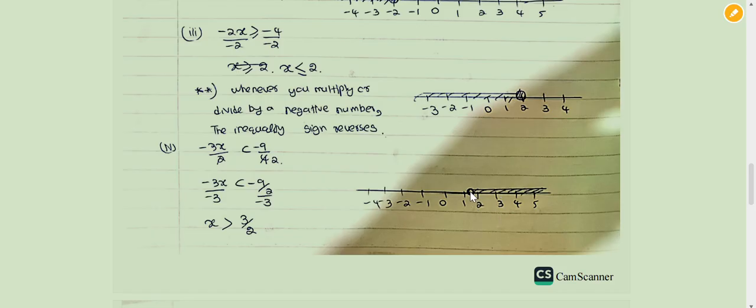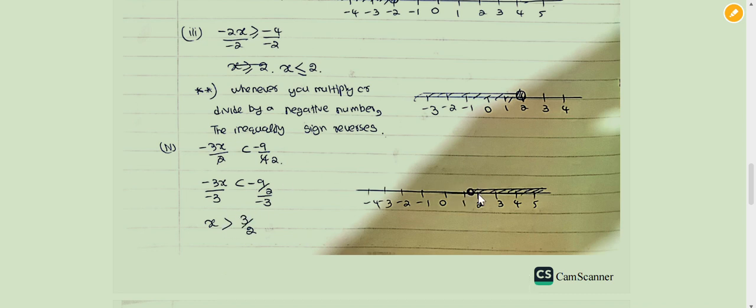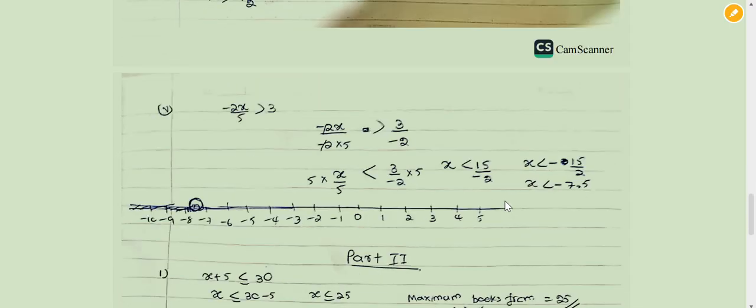On the number line, 1.5 is between 1 and 2, the middle point. So you just have to draw the circle, but you don't shade it because there is no equal sign. So draw the circle and shade this region, not inside the circle, shade 1.5 to infinity. And finally,